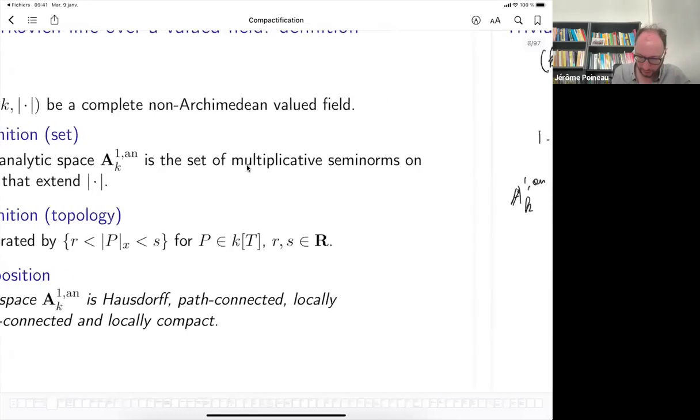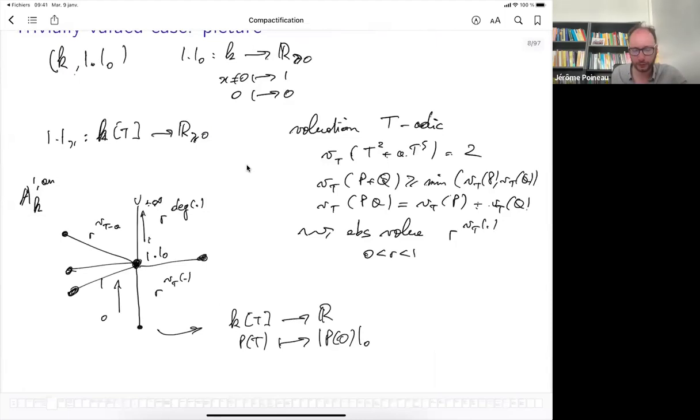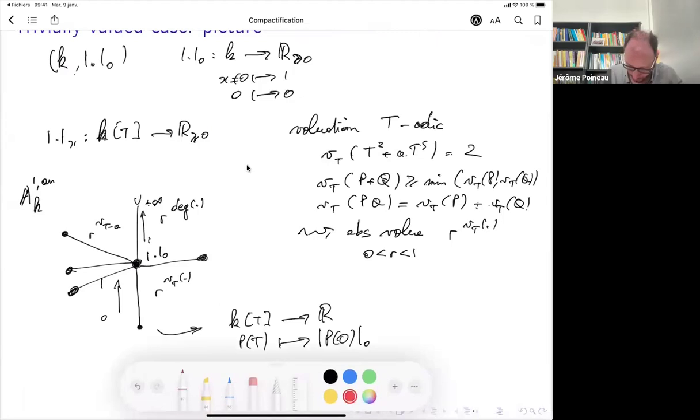In the trivially valued case, for instance, the first thing we should check, which I basically didn't say but I guess was clear, is that the segments I draw on my picture are really homeomorphic to usual real segments. For instance, maybe I do it in blue. You can have some small interval.